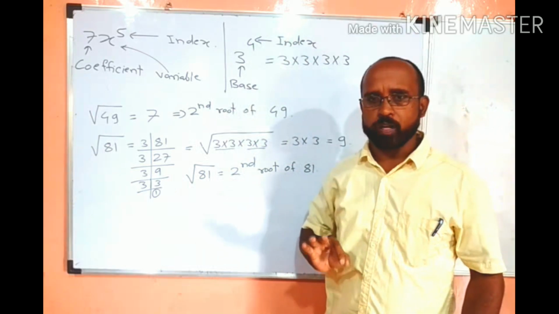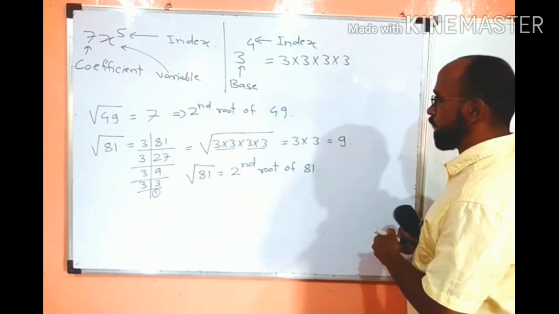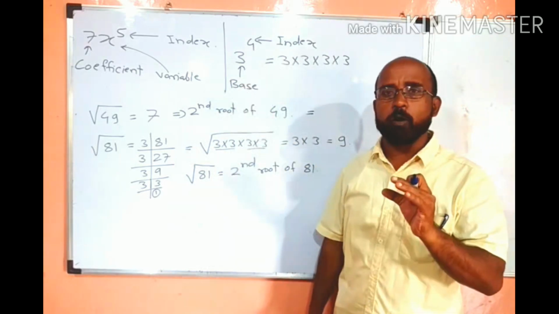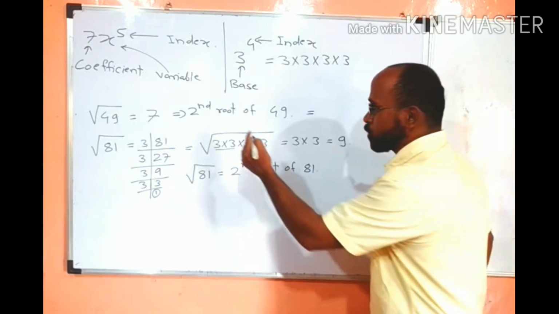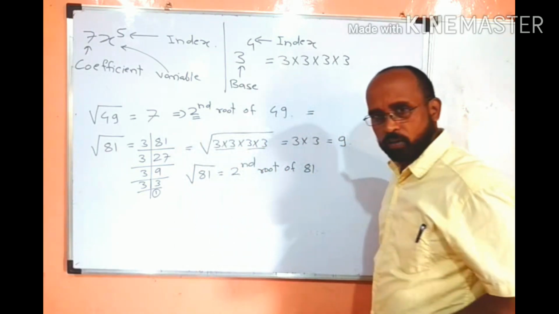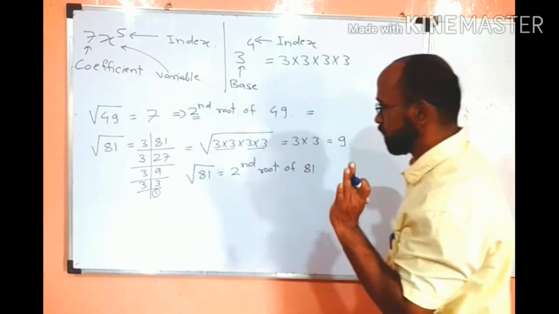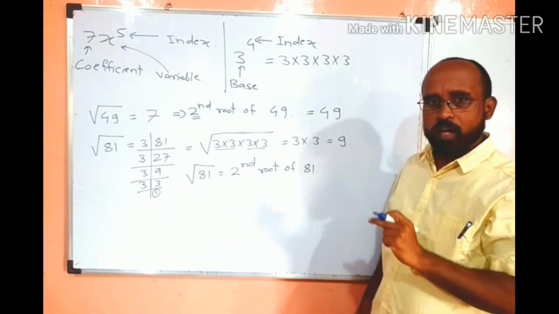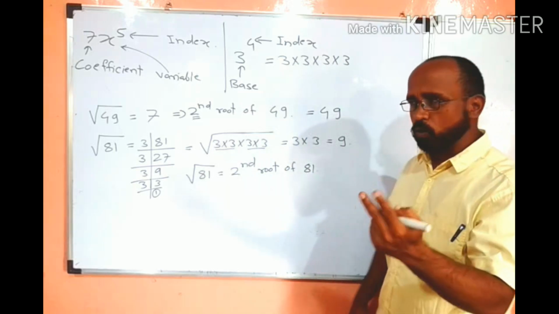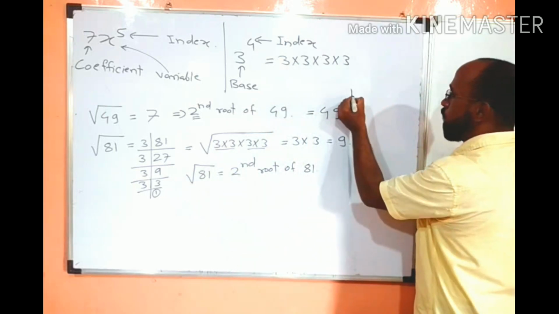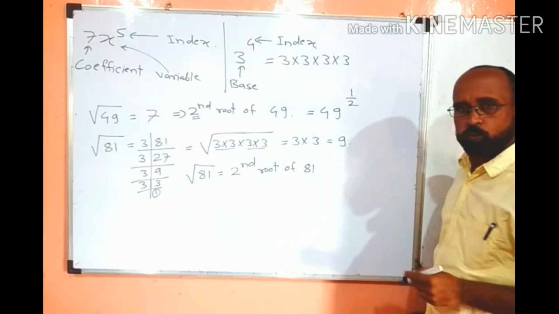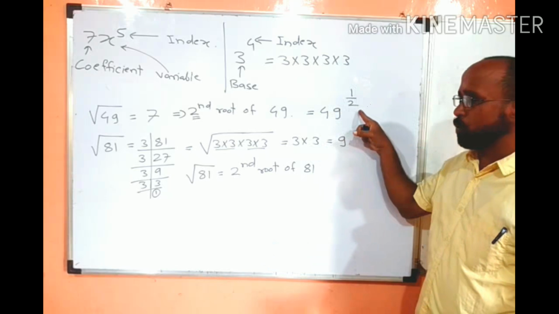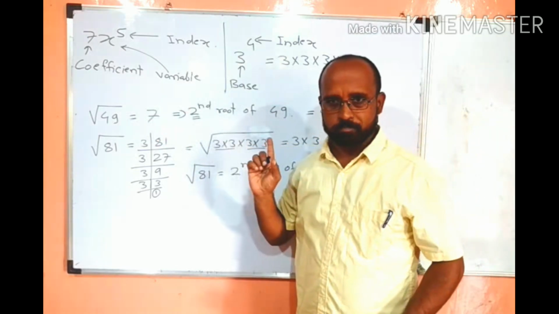Let us see how. For that, we just have to write the root as an index in the form of fraction. Which root we are finding? Second root. Base is 49 as it is. So 49 we will write as a base. And we are finding its second root. So its index will be 1 upon 2. Clear students? 49 raised to 1 upon 2 means square root of 49.